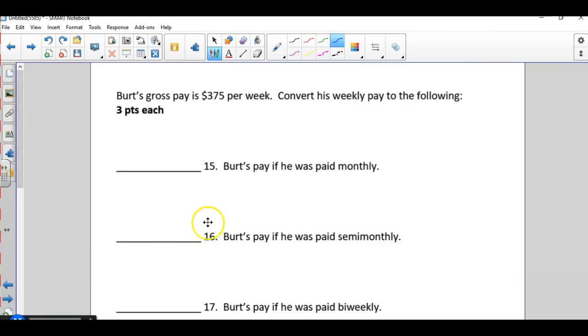Alrighty, this right here, 15. Per gross pay is $375 per week. Convert his weekly pay to the following. So monthly, if I take $375, you always got to find an annual first. So let's do that. $375 times 52. When I do that, I get